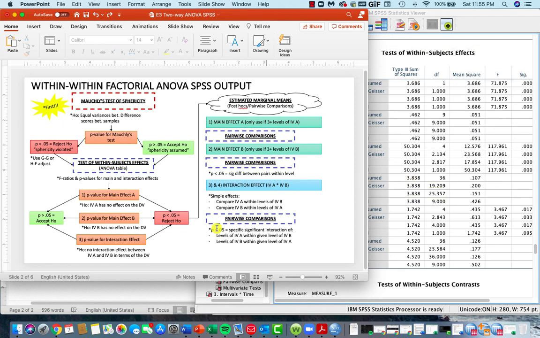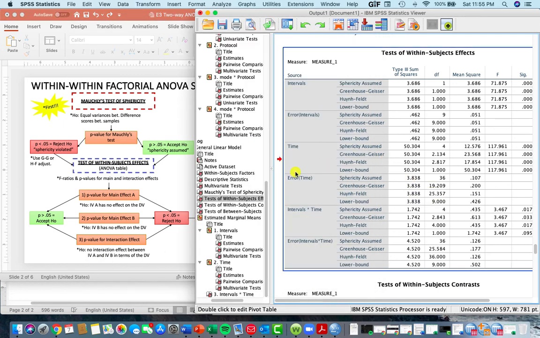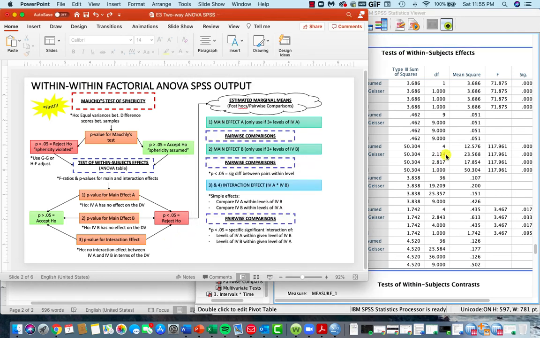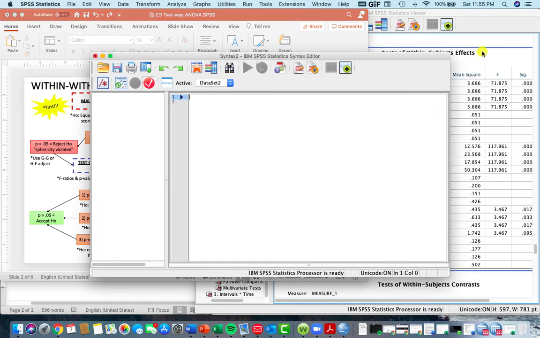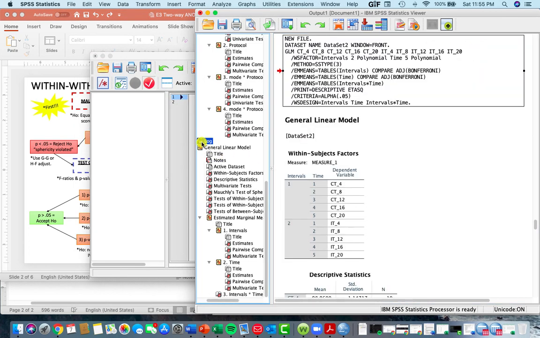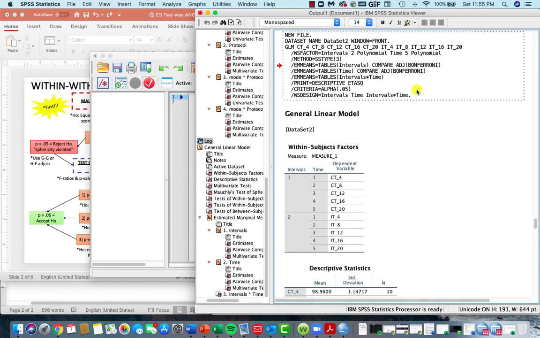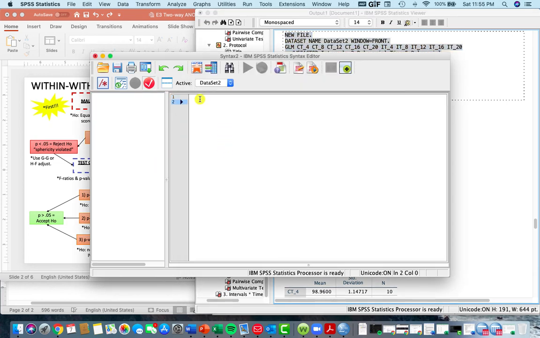Okay, specifically looking at pairwise comparisons for our time points and our interaction effects, because intervals, again, there's only 2, that's basically a t-test, so we don't really need pairwise comparisons for those ones. But because we do have a significant interaction effect, that does mean we need to change the syntax. So I'm going to pull up my syntax here. I'm going to go back to my log for this test, and I'm going to copy and paste that syntax